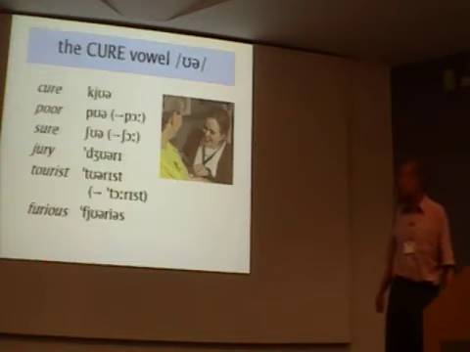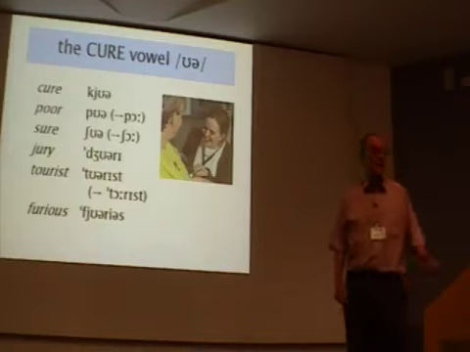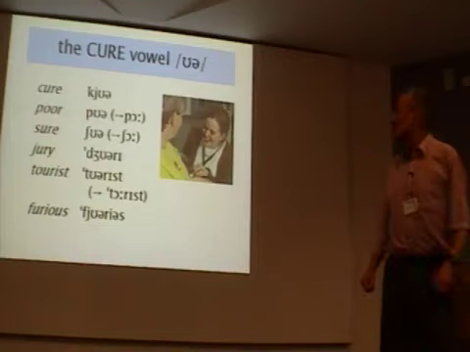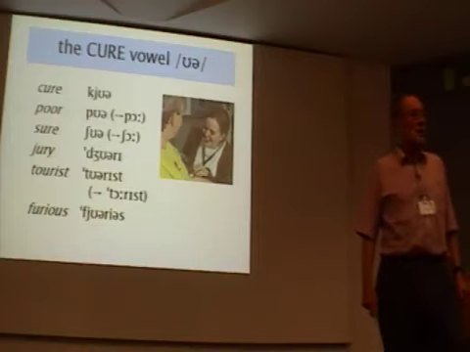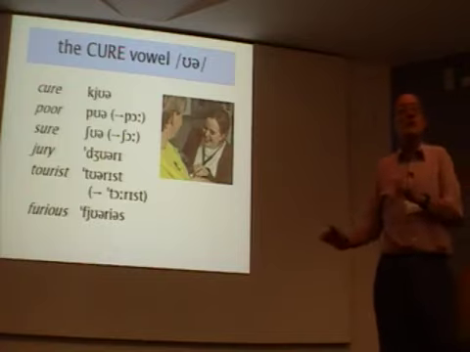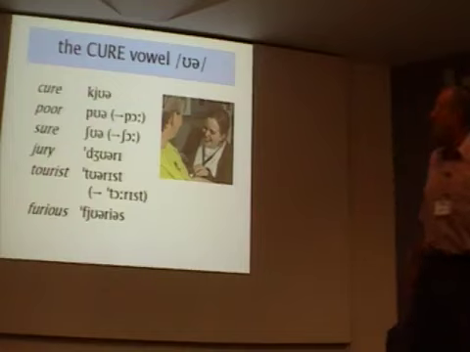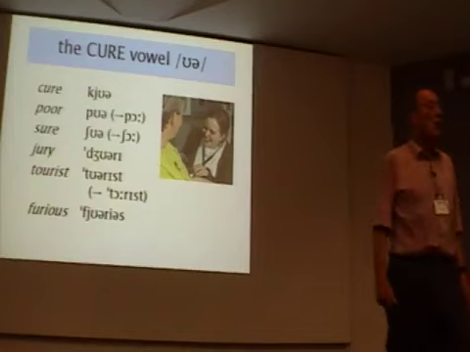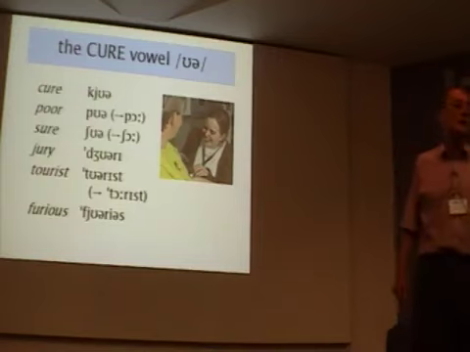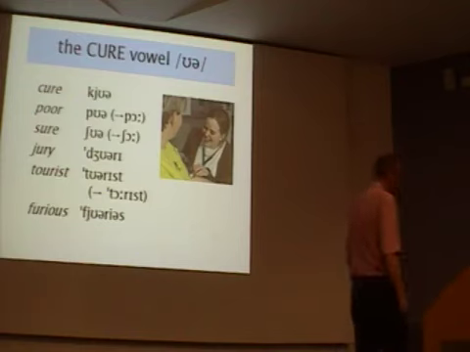Poor, sure, jury, tourist, furious. Don't make it too close, don't say cure, but cure. And in all of these words, there is now a gradual drift towards saying or instead. So cure, certainly particularly with poor and sure, those are very widespread pronunciations instead of poor and sure. So we're in the middle of change, and you can do what you like,